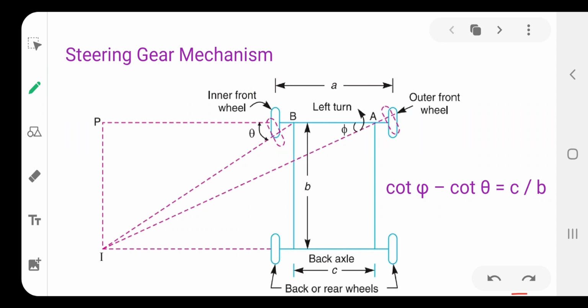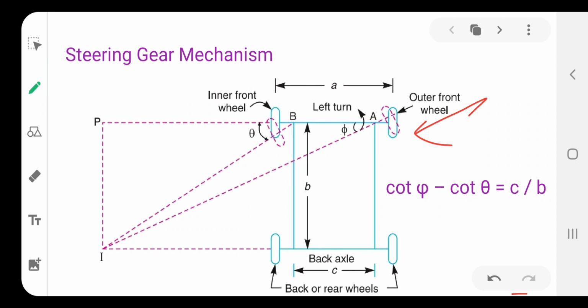The steering gear mechanism is used for changing the direction of two or more of the wheel axles with reference to the chassis, so as to move the automobile in any desired path. Usually, the two back wheels have a common axis which is fixed in direction with reference to the chassis, and the steering is done by means of the front wheels.